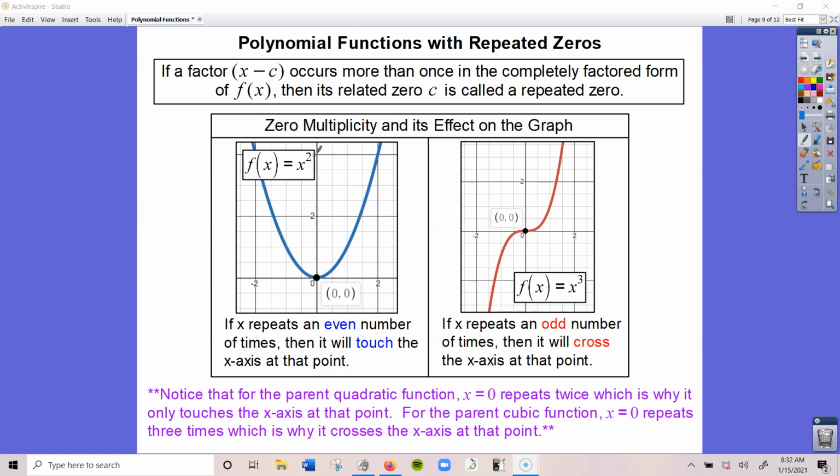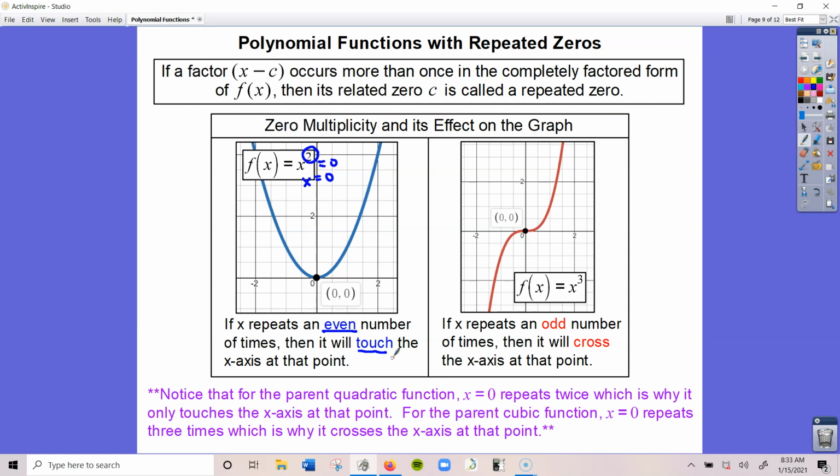If you were to solve for the zeros, here x squared is equal to 0, so x is equal to 0. And you can see that we have that x-intercept there at 0. Now you'll notice that the graph here only touches the x-axis at that x-intercept, and then it goes back in the same direction. It does not go through the x-axis. This is because there is an even exponent. So if the x-intercept, or your 0, repeats an even number of times, then it will touch the x-axis